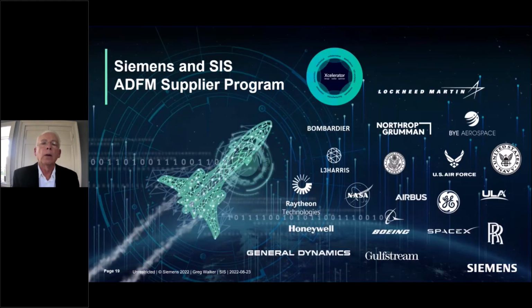And that's part and parcel of the Siemens, and I put SIS in here. It's not relegated totally to SIS, but they're a partner on this conversation. So the Siemens and SIS ADFM supplier program supports these OEMs down through the supply chain. And the final slide